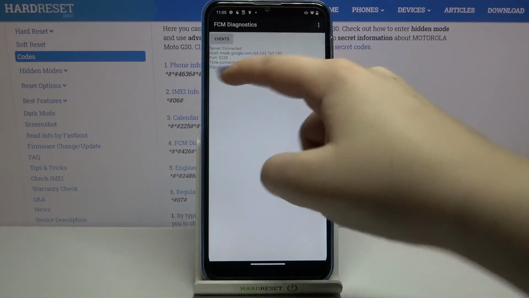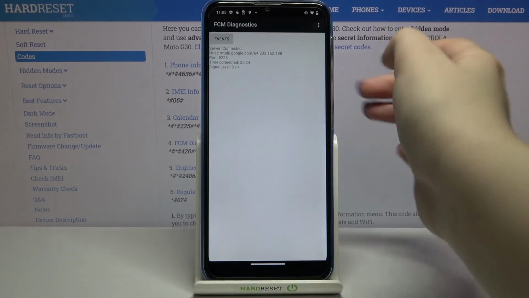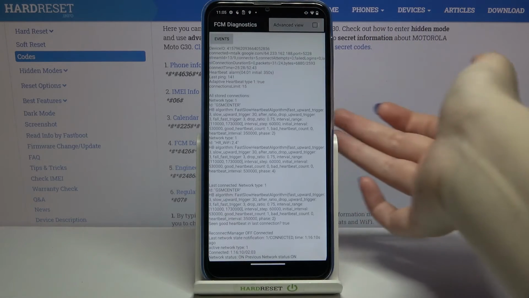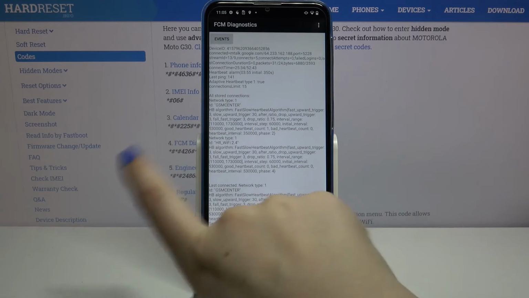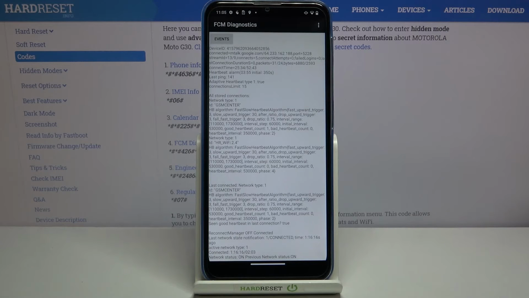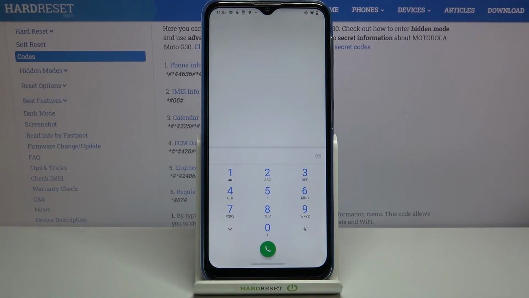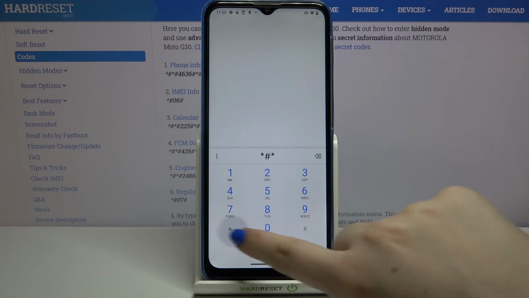Just tap on the events status, go back here and tap on the 3 dots icon and tap on advanced view. And as you can see, we've got much more options to check. For example, we can check last ping, all stored connections or HB algorithm. Let me get back and let me open engineering mode, and we have to use the code, which is